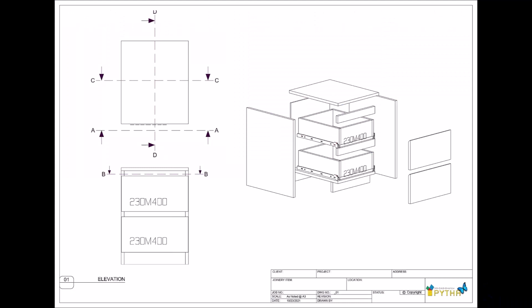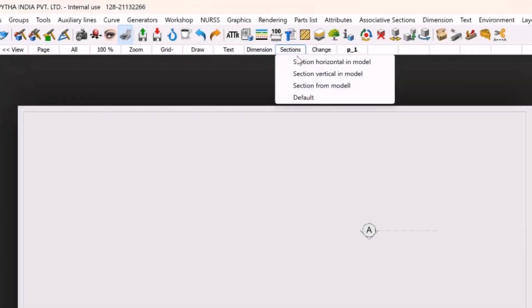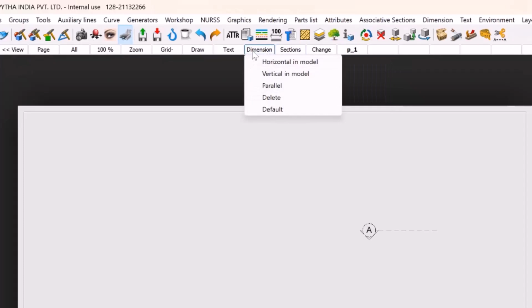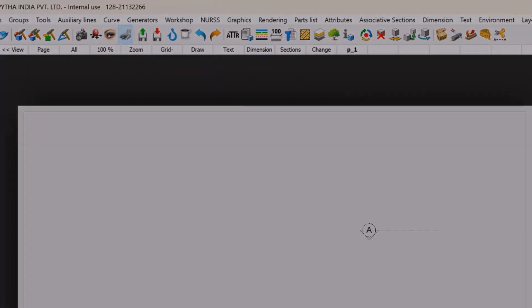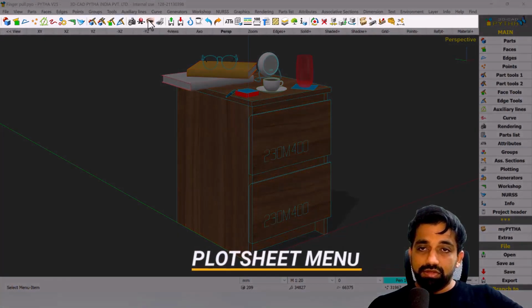We need to learn about setting our title block, putting a logo on it, putting some variables. And then we learn about sectioning properties, dimension properties, line weights, and that's all we are going to learn in this video. So let us quickly go to our plot menu, and that is on your horizontal bar and also